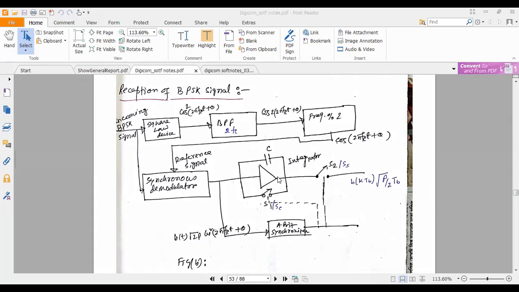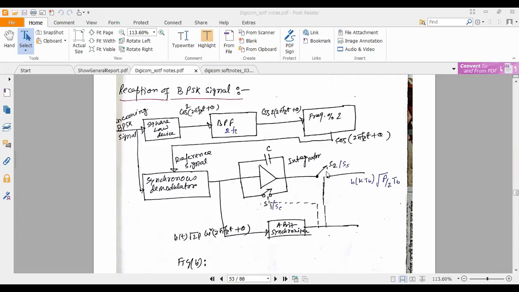Okay, now up to here, if anyone has any problem, tell me. How we generated the reference frequency here, how the multiplication is happening in the synchronous detector, after that how this integration is happening, how this 2fc frequency is blocked here. Okay, what we are getting here is only the DC part. So if you have any doubt up to this point, you can ask me the question.